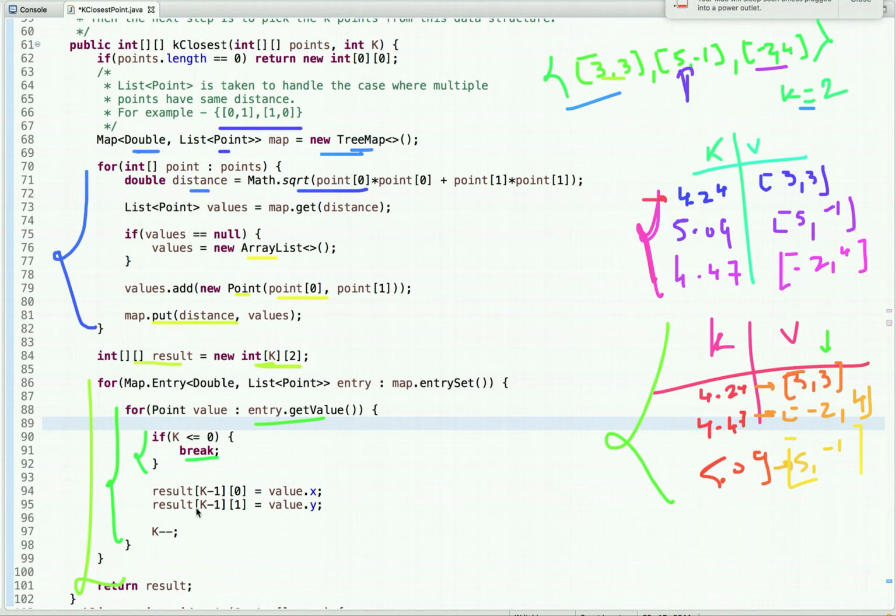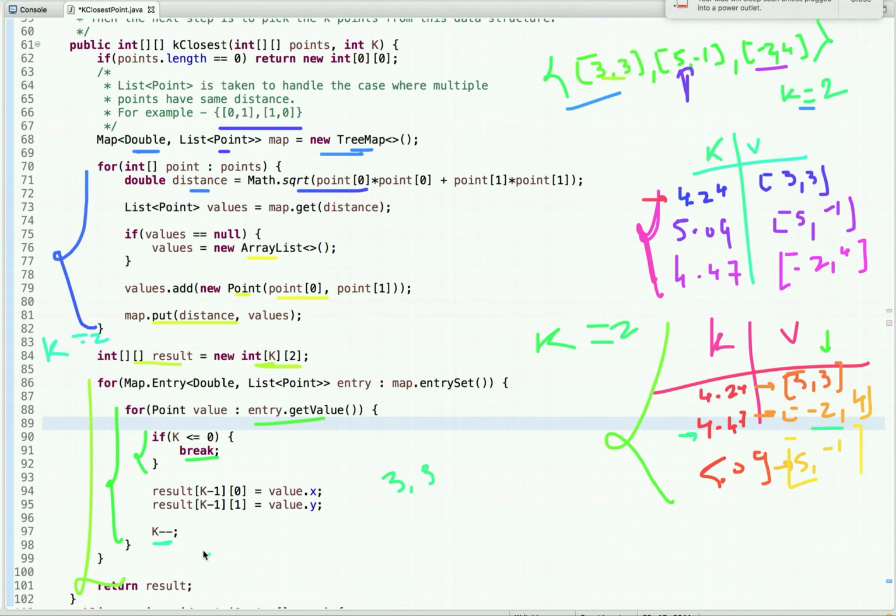Just break this loop, else we put the point, because we have to return 2 points. At first we put its x and y value, I mean this one, 3, 3. After that we come out of this loop, and in the next iteration we pick this record, and again this is a list of values, and in this list only one record is there. We iterate, and we keep decrementing the value of k, since we have to return 2 points.